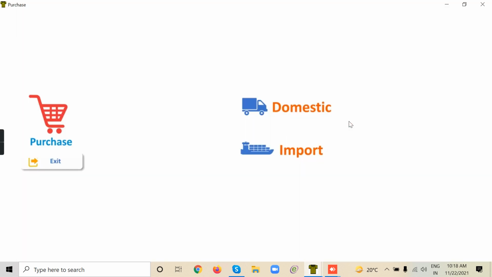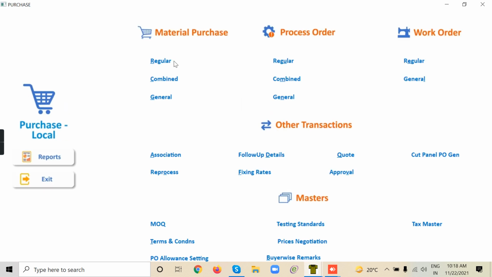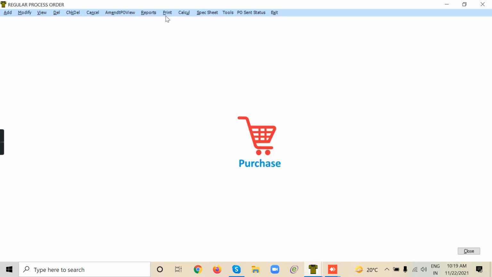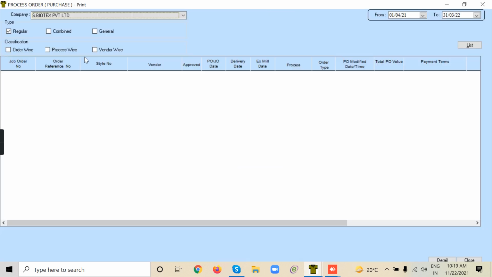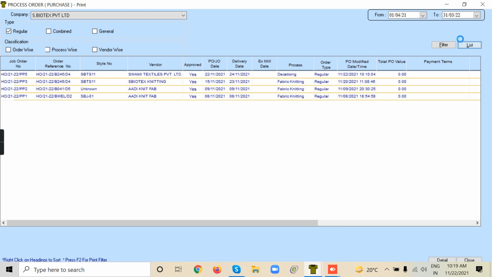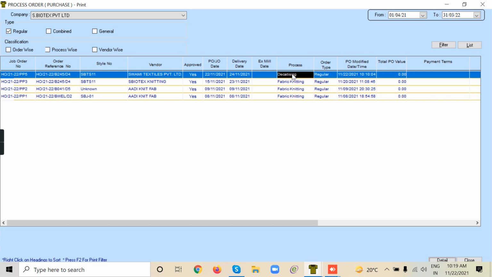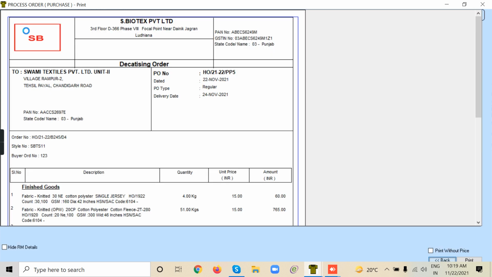Once we do that, in all our transaction documents, print, decatizing, it will show the icon here.